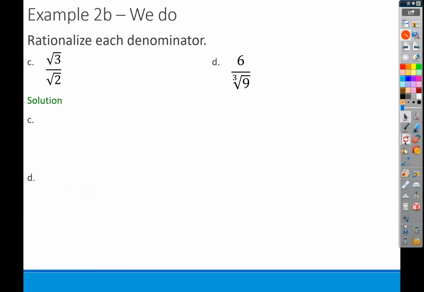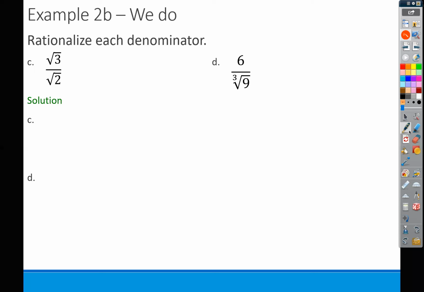So no final answers can have a radical in the denominator. That's why we need to rationalize. So I'll say rationalize the denominator. You just need to rationalize, okay? So how you do that is if you have a monomial in the denominator, you multiply by whatever would complete that